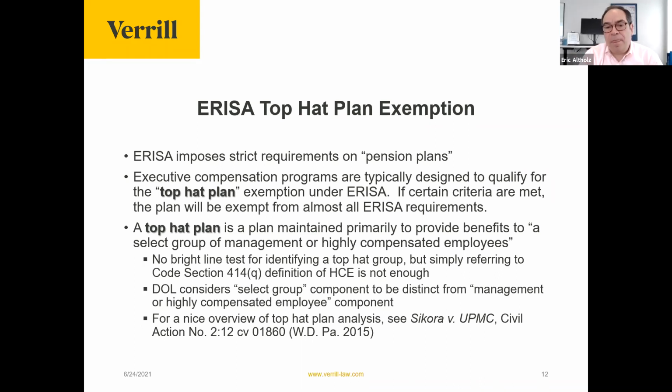Currently, for the typical employer, assuming the employees don't own at least 5% of the stock, that's going to be people who earn $130,000 a year or did so last year. That's not enough. We will very commonly reference the 414Q definition, but add $10,000 to it or $15,000 to it, and also reference specific categories of management. So to be eligible for this plan, you've got to make more than $10,000 over the 414Q limit, and you've got to have a position of vice president or above. That's a pretty common formulation for a top hat plan.